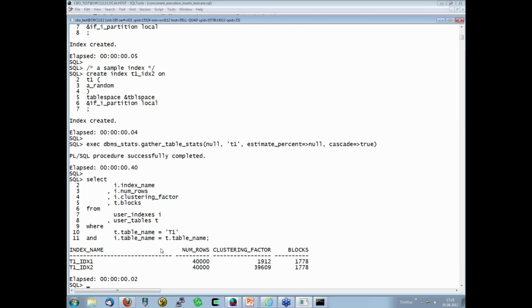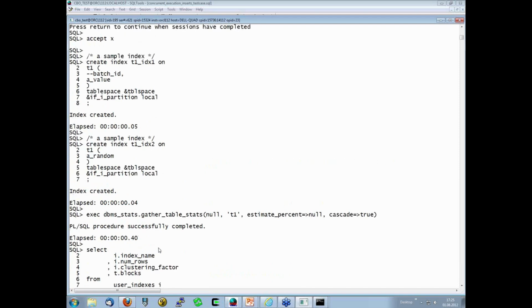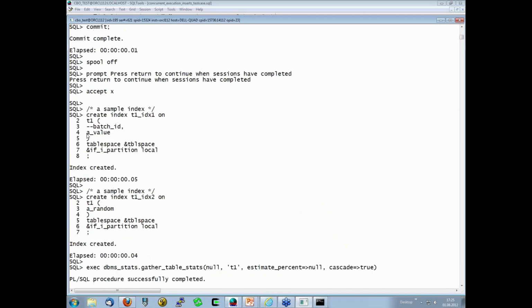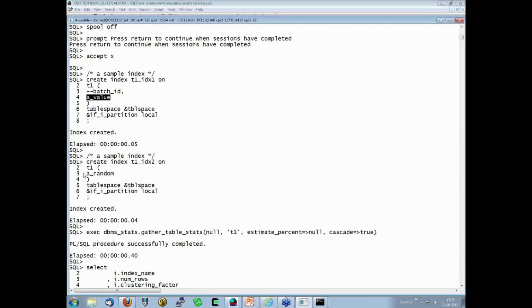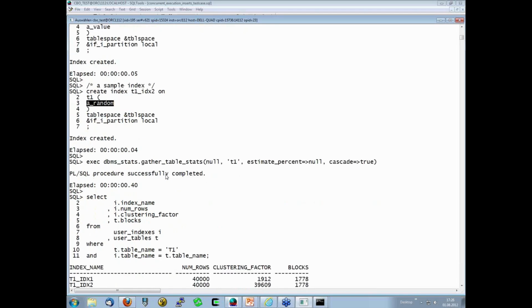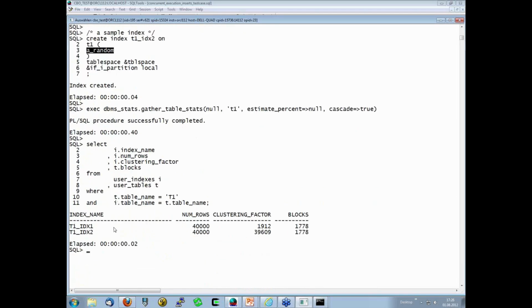So I have 4 sessions, each inserting 10,000 rows concurrently. And I have created 2 indexes on the resulting table, one on this value that is populated via the sequence, and I have a random value that is populated via a random generator. So we can see that if we